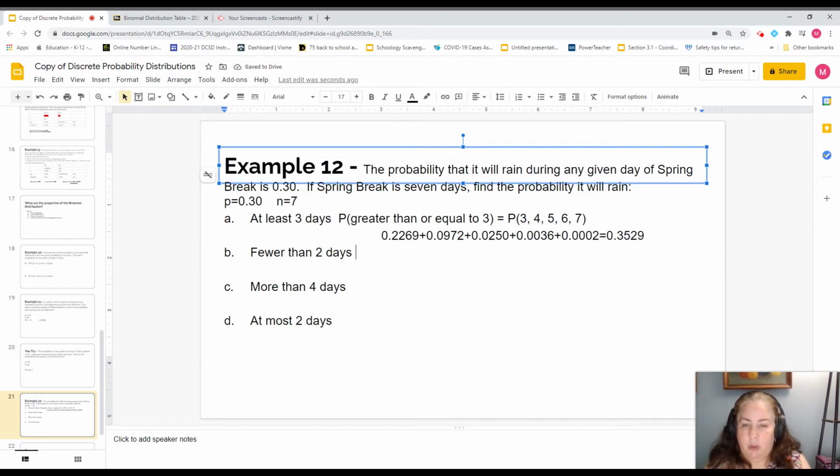All right, now fewer than 3 days or fewer than 2 days is the probability that we have less